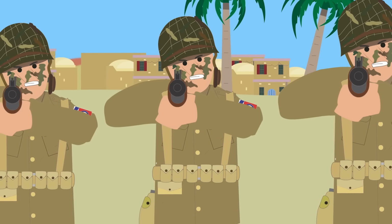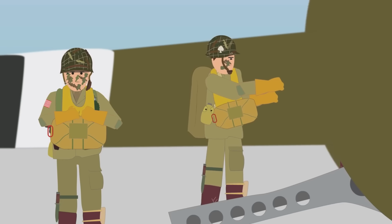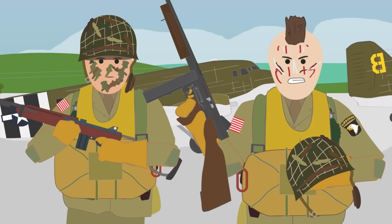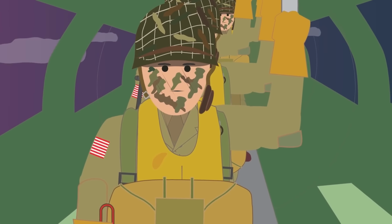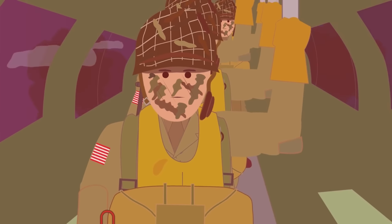U.S. airborne troops first fought in North Africa, then the invasion of Sicily in 1943. Most would be sent to England in preparation for D-Day in June 1944. In preparation, some of the paratroopers would camouflage their faces and shave their heads into mohawks. The 82nd and 101st would do a nighttime drop into Normandy, France, with the objective of holding areas inland from